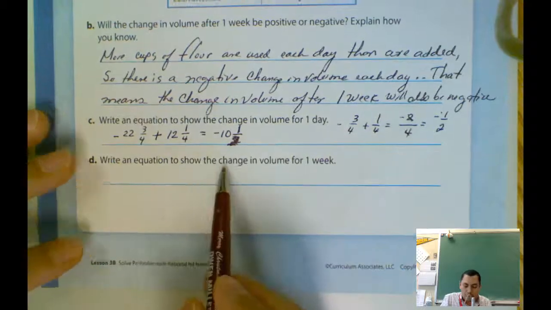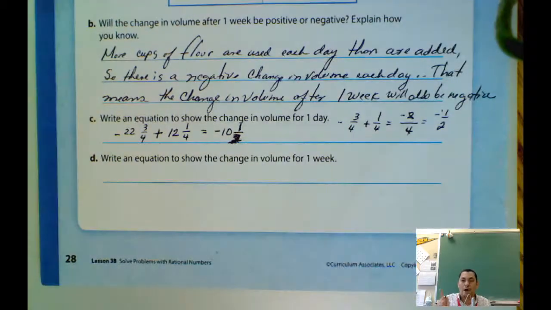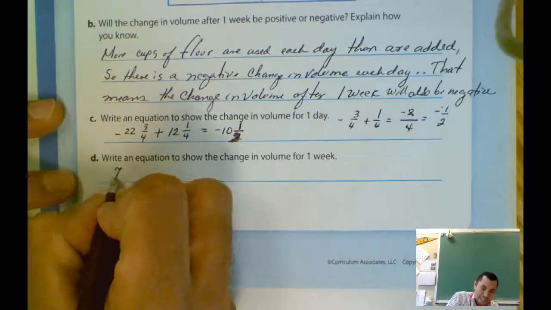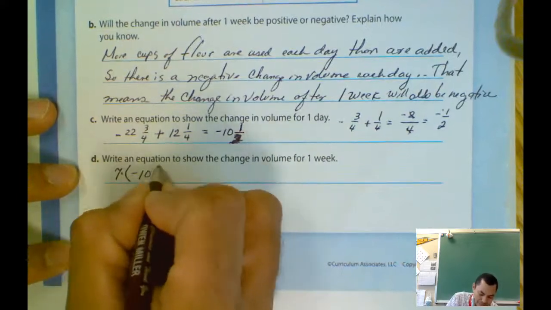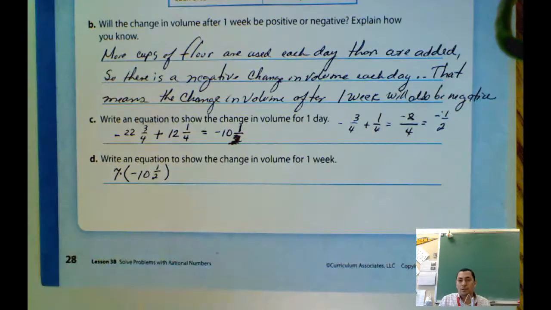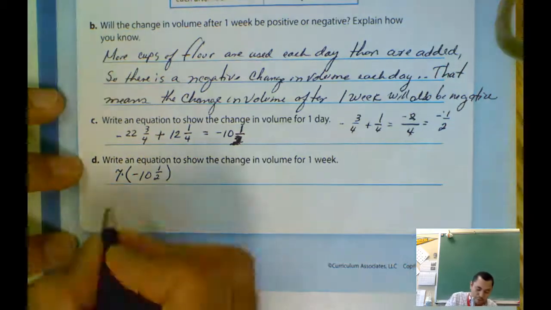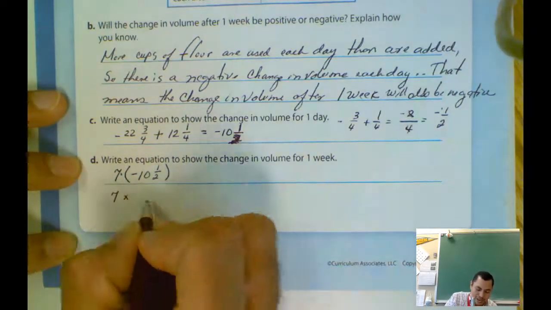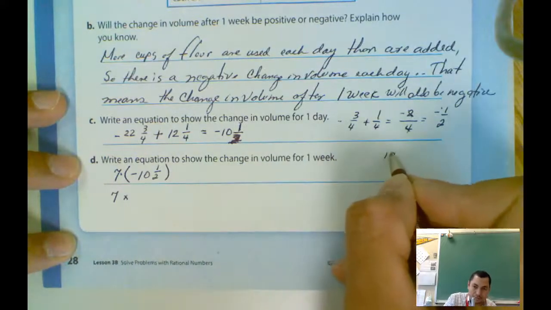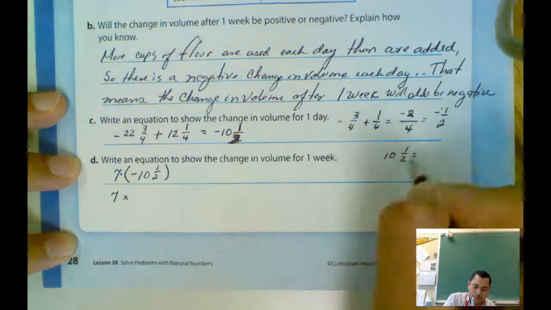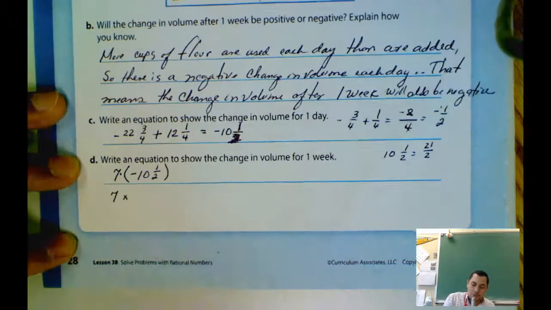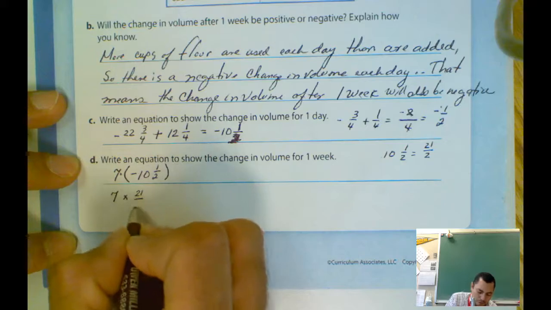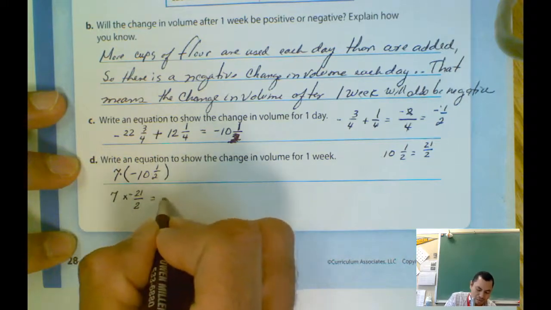Now, write an equation to show the change in volume for 1 week. How many days in 1 week? We have 7 days in 1 week, and then we multiply by the negative change, 10 and 1/2. Now, I'm going to multiply those numbers. So I'm going to change here in this case, 7 times, and look at this one, 10 and 1/2 is equal to 10 times 2 is 20 plus 1 is 21/2. So 7 times negative 21/2 equals negative